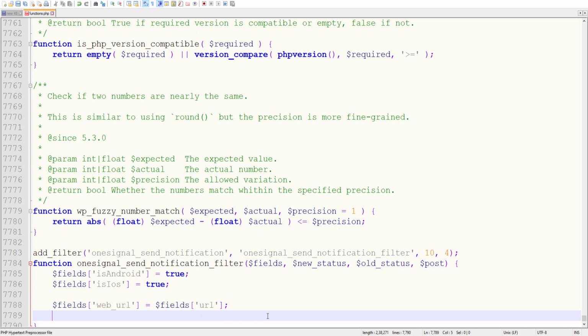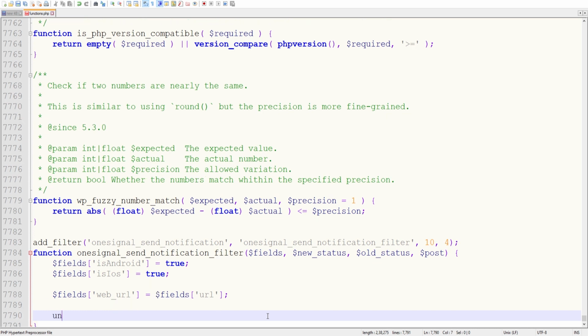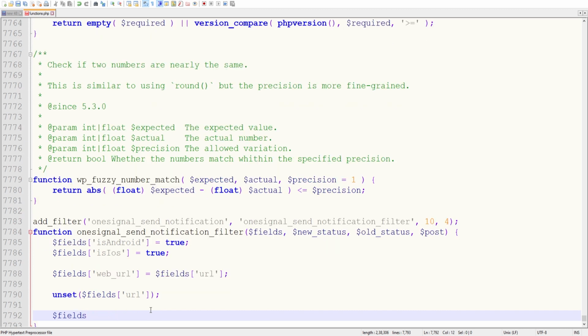Then we have to avoid opening the browser when the user clicks on the notification. For that we have to put this line here: unset, and we pass here fields and the variable name, that is url. Now here we can pass the additional data also.